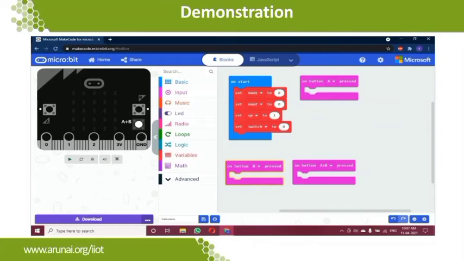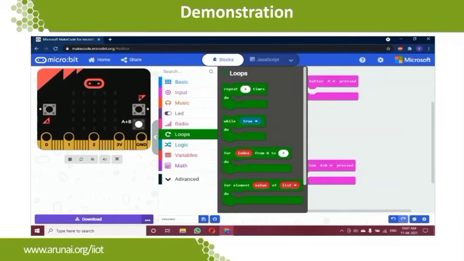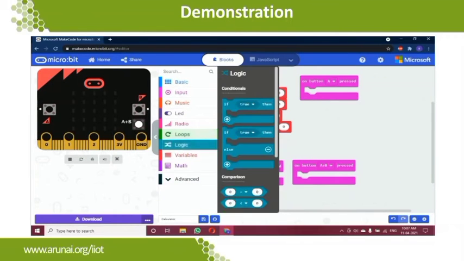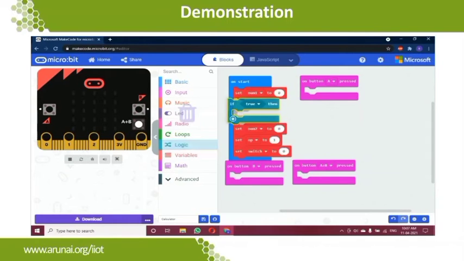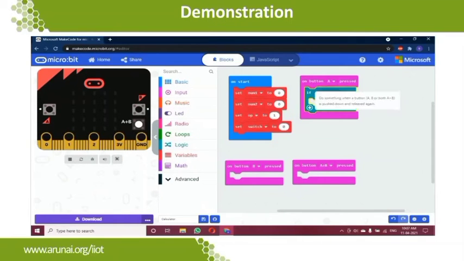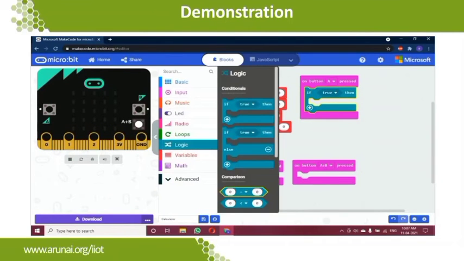What we have to do is that the A button is going to be used entirely for giving the numbers. That is, we are going to get the actual number which will be used for number 1 and number 2. So I'm getting the if logic from the logic section. We are having this comparison as well.